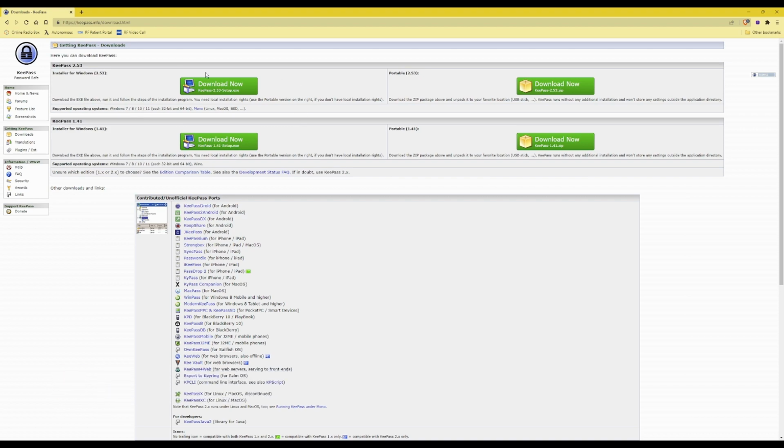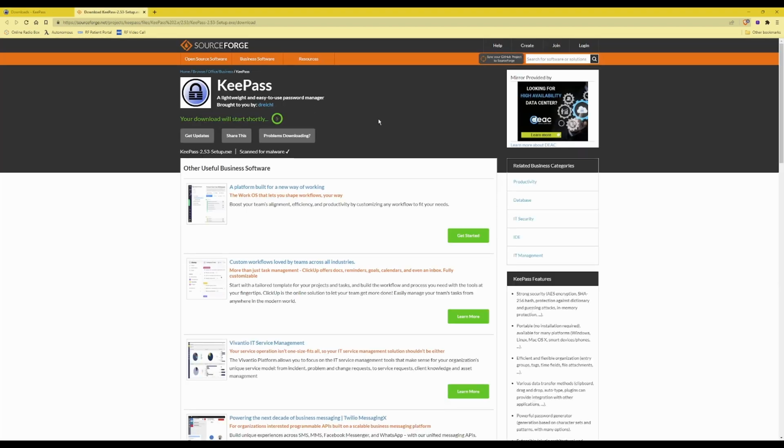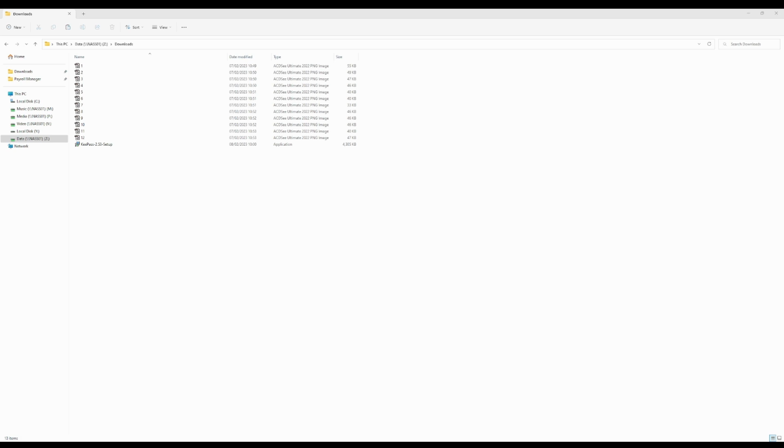on the Windows PC, I'm going to use the installer for Windows, which is version 2.53 as of today, and I'm going to click download now, which will then take me to SourceForge. It should download the application automatically, and here you will see that it's downloaded KeePass version 2.53 setup. So from this downloads folder we will click on the application. It's now giving me a security warning asking me if I want to run the application. You probably can't see this on the screen at the moment, but I'm going to click run in the box,